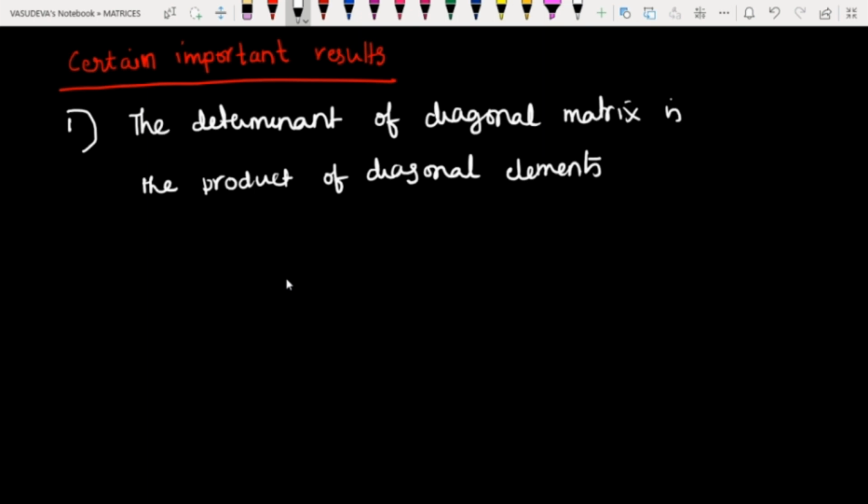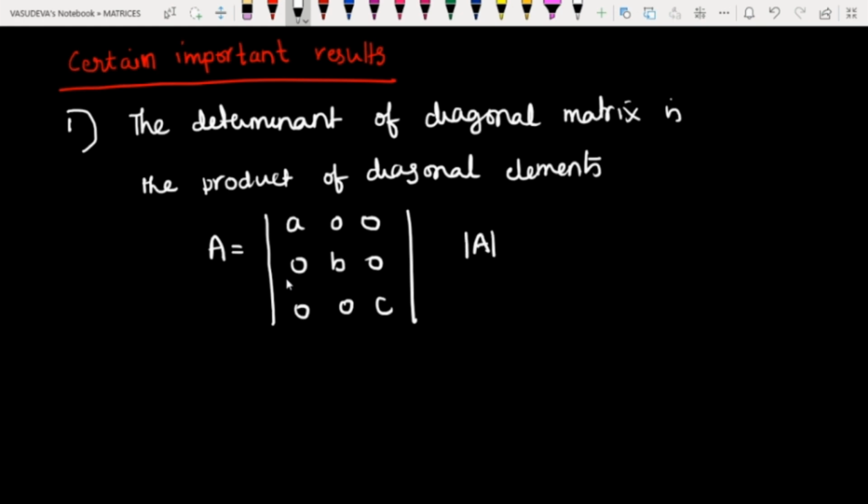Now consider the determinant of the diagonal matrix. A diagonal matrix has principal diagonal elements that are not zeros, but the other elements are zero. Here the principal diagonal elements are not zero, A, B, C, so the other elements are zero. When we evaluate this, determinant of A, expanding along the first row,